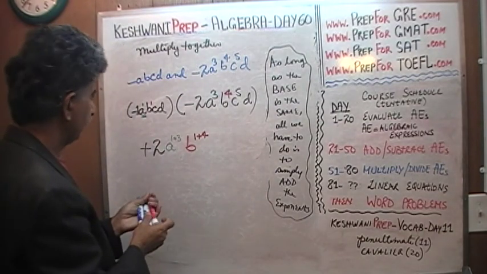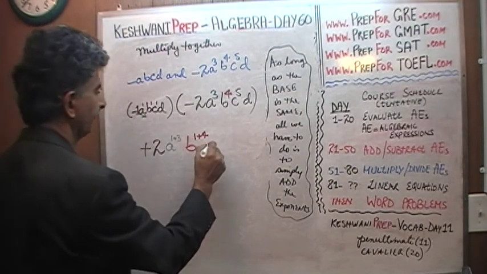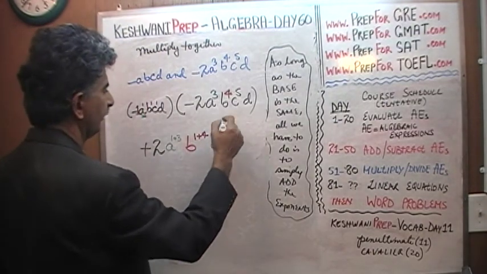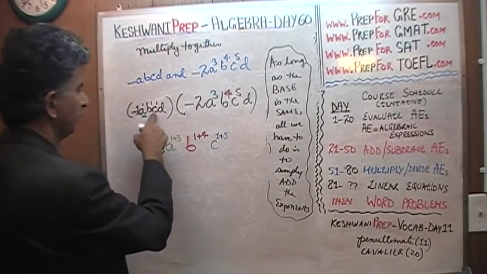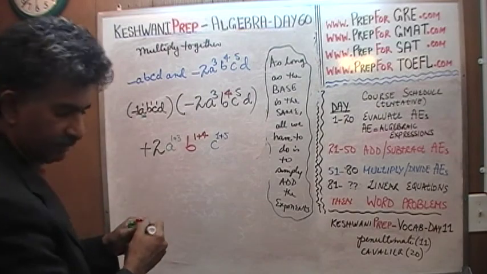And then we have c to the first power and c to the fifth power. So when we multiply c times c to the fifth, we get c to the sixth. And then finally we have